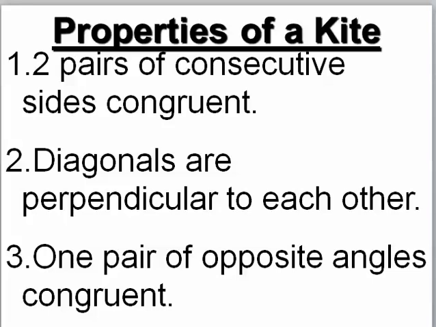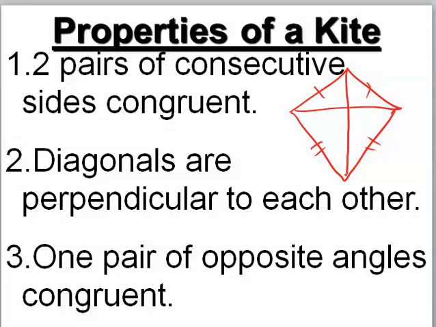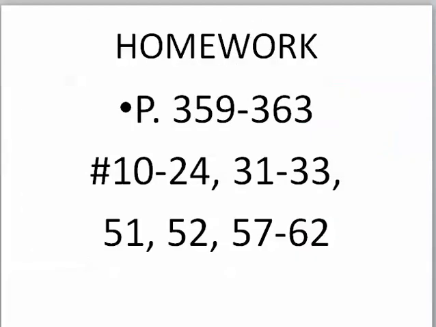So I'm just going to draw one sketch. We will do some examples with the kite when you come to class. Kind of looks like a typical kite that you picture. Consecutive sides are congruent. The diagonals that are drawn in are perpendicular. They cross at right angles. And you have one pair of opposite angles that are congruent. This entire angle is the same as this entire angle. So when you come to class, we'll be working on page 359 to 363, 10 through 24, 31 to 33,